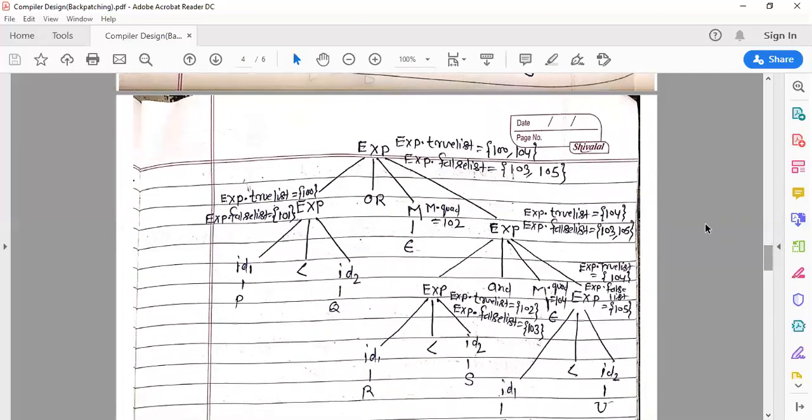So using the backpatching technique, I have now completed all the true lists and false lists at every node. At this node you can see how I completed the true list and false list, here at this exp, this exp, this exp, and this exp.